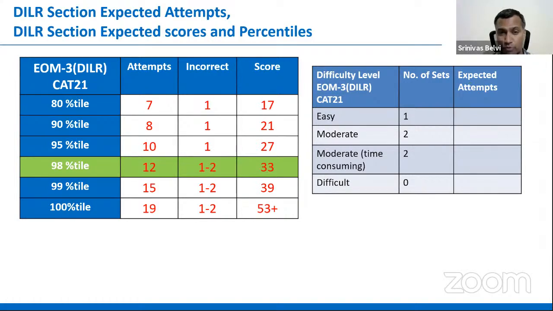Already, even somebody who attempted 7 questions and got all 7 right would have made a cut into the 90 percentile. Big deal, right? 90 is a good number to enter into, right? So therefore, if you look at this, you got to